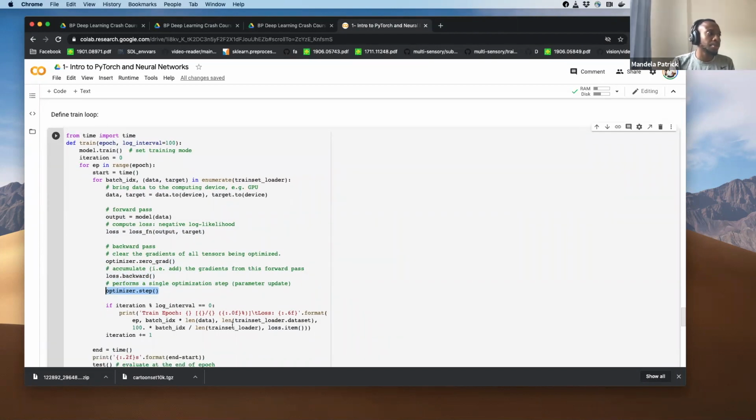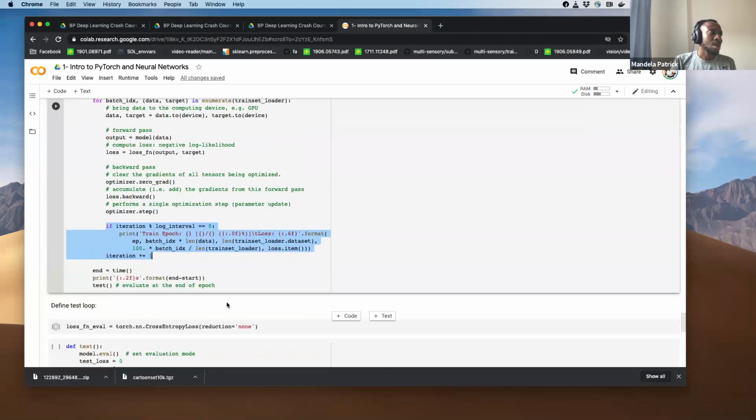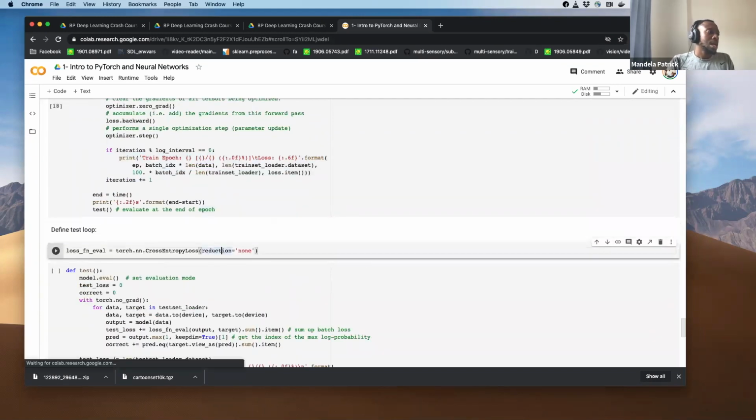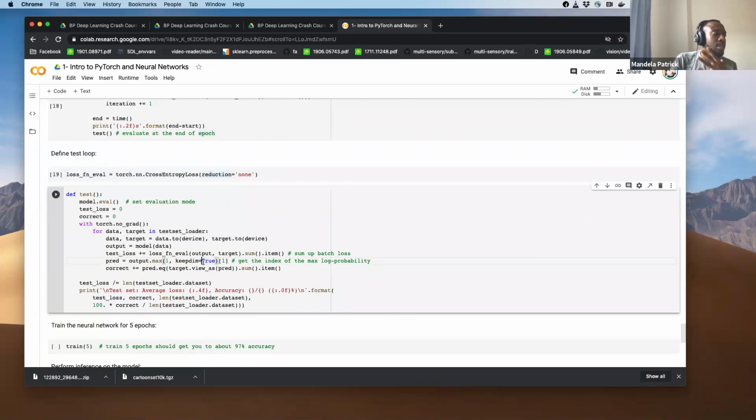And then we do some prints. And so that's the train loop. And then in the testing loop, you're trying to measure how well it's performing. When it's training, we need to have a validation set to see how well it's performing, so we know if we should stop it early. So here we're iterating over the testing set, and we print the accuracy of the prediction on the testing set.